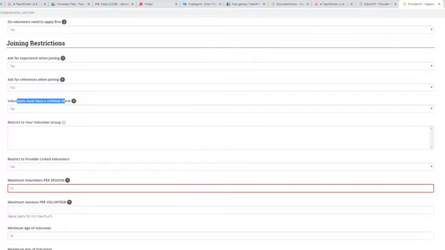If you've got criminal check switched on, then only trusted providers will be able to see this option here. It's the same for inductions, and also for references. Only they will be able to request that a reference is required in order to join that particular opportunity.